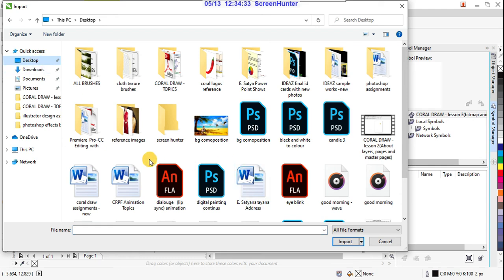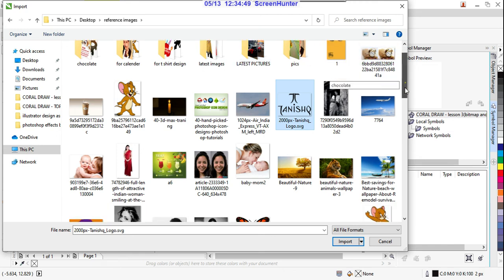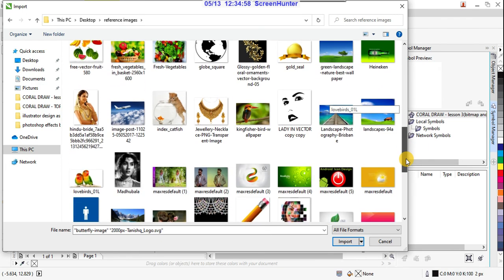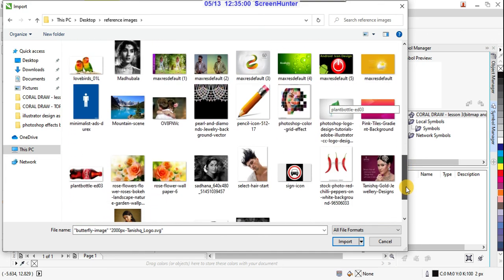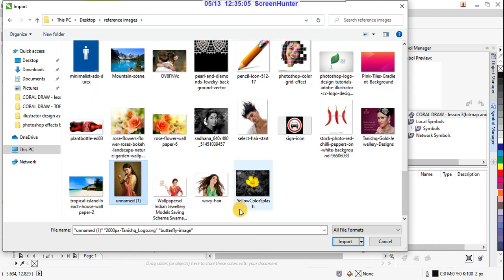Suppose from desktop I'm using these reference images, right? And from there I'm taking this one and suppose this one, right?